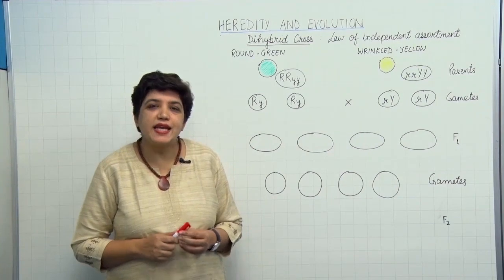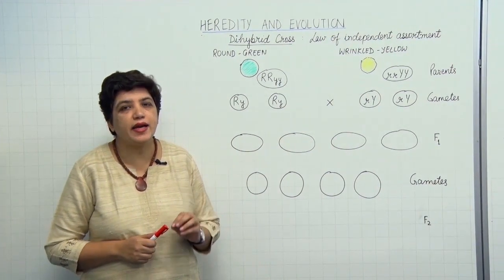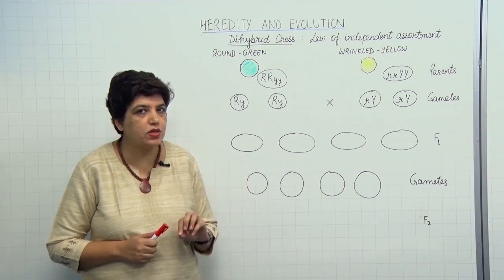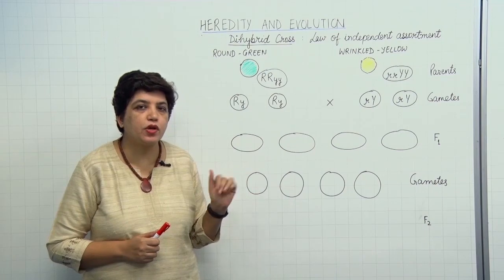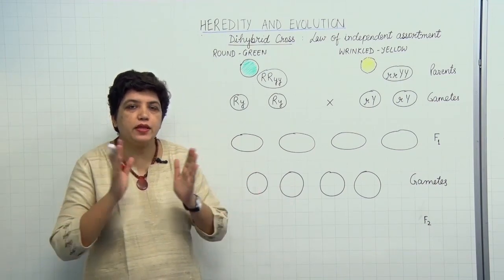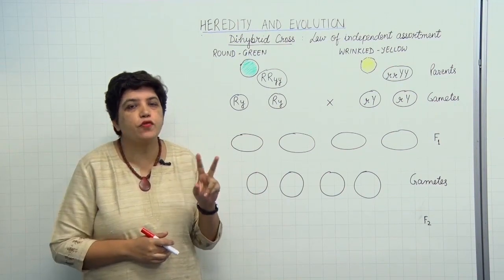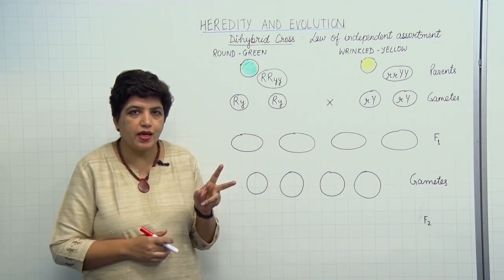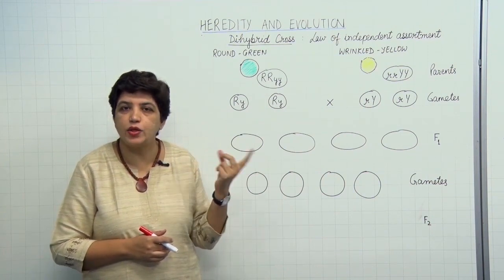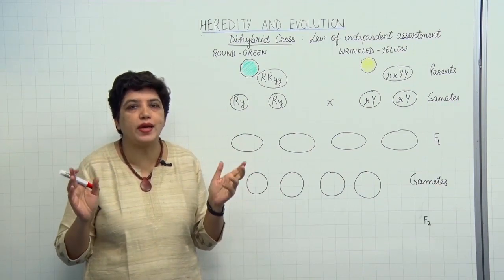Now, the second type of experiment performed by Mendel was the dihybrid cross. We just discussed the monohybrid cross. This is the dihybrid cross. In this, what happens? Two plants are cross-bred, considering two pairs of contrasting characters, right? So in monohybrid, we considered only one contrasting character, like tallness and dwarfness. In this, we'll take into consideration two characters.